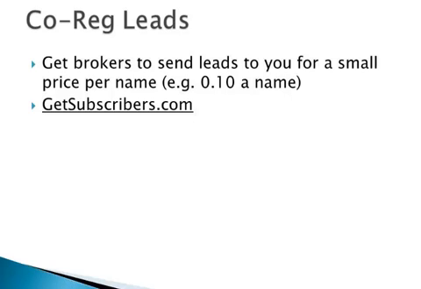When you use a GetResponse autoresponder, they have a related service called GetSubscribers.com, and it is like a GetResponse broker. They help acquire subscribers for you. The packages are in bulks, and you can get names for bulks of 100, 500, 1,000, or even 2,000. It's not recommended to get the 2,000 package because it's going to take a long time for them to start sending the leads to you. Instead, buy bulks of 200 subscribers so that you can build your list much faster.